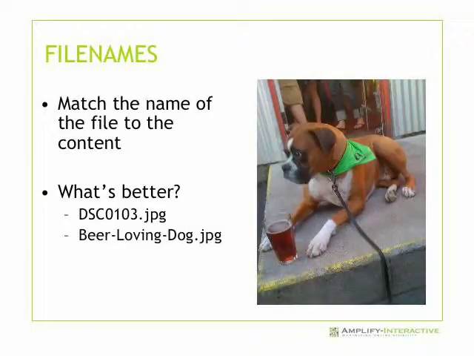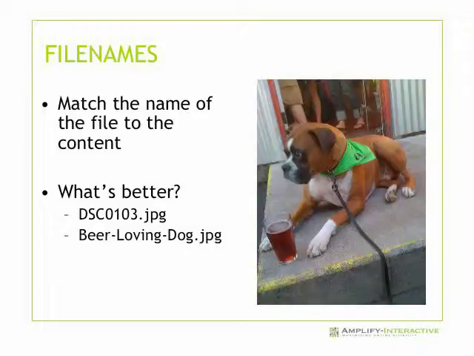So first tip is file names. Match the name of the file to the content. And right here's a picture of my dog Hank, and he's got a beer sitting in front of him there at Amnesia Brewing, one of my favorite places to go in the summer. Anyway, the camera itself spit out a file name of dsc0103.jpg, and if I was to post it up and search for dsc0103.jpg, this would probably come up,